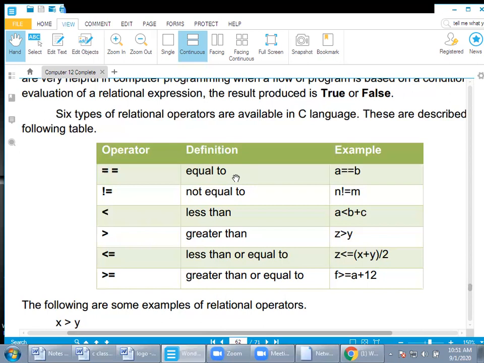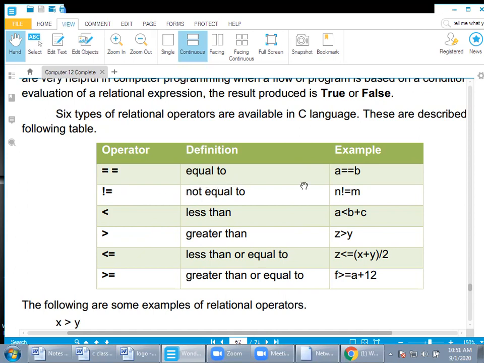So 5 is equal to 5, the result will be true. Keep in mind, for true they will show us the result 1, and for false, in programming they will show us 0. True and false.